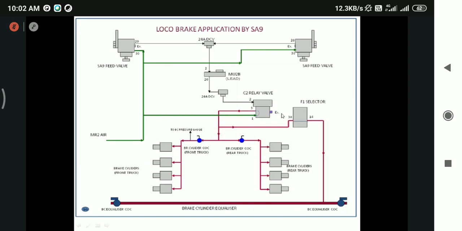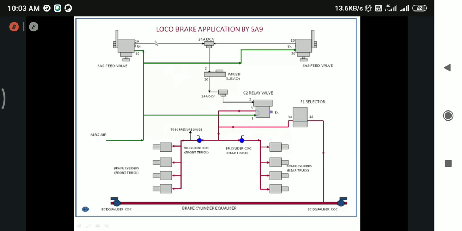All the air will get exhausted through this exhaust port of the C2 relay valve. That means the pilot air pressure which you supplied to the C2 relay valve will get exhausted in this SNN exhaust valve, and the brake cylinder air pressure which charged the brake cylinder equalizing pipe and also the brake cylinder of the loco, all this pink color portion, will get exhausted in the exhaust port of the C2 relay valve. Thus the brakes got released.